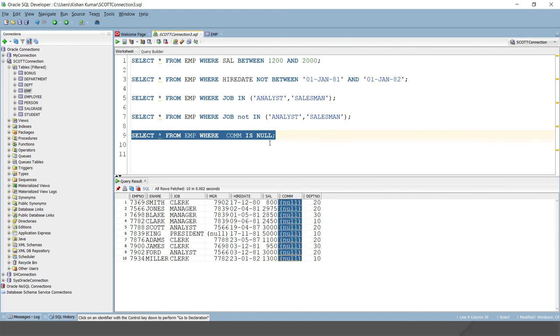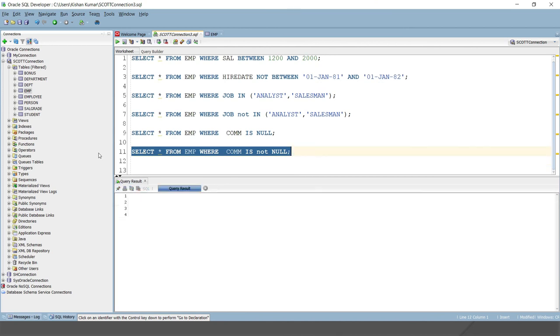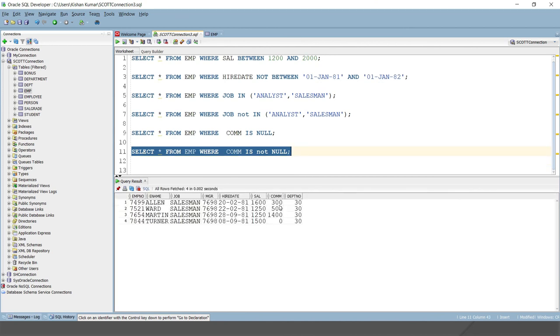Pretty simple. Similarly, if you want all the employees whose commission is not null, simply you have to give is not null. This will give the list of all employees whose commission is not null but has some value. Note that 0, guys, is not null, it's a value, and that's why that came into this result.